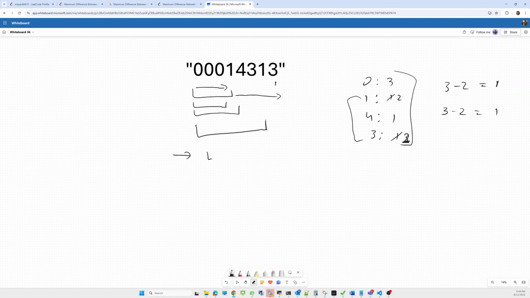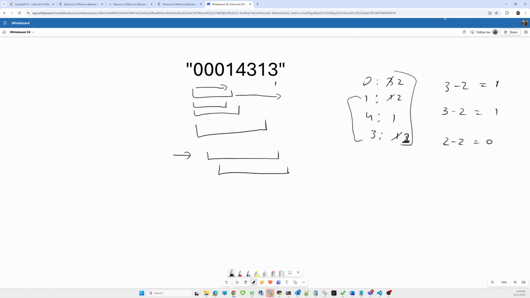We'll consider this one substring, so the odd value will become 2 here. Is there any? Yes, so the odd value will be 2 and the minimum even will be 2. 2 minus 2 will be 0. It will give me a lesser result.